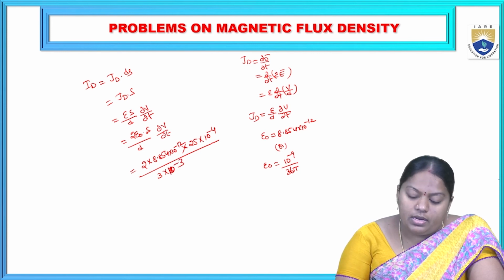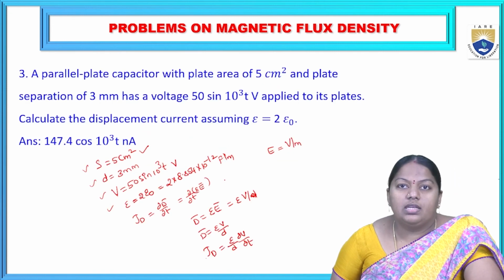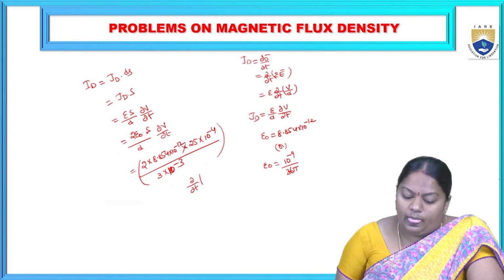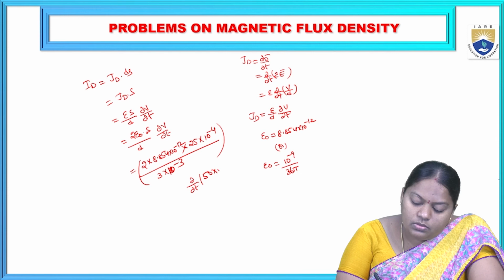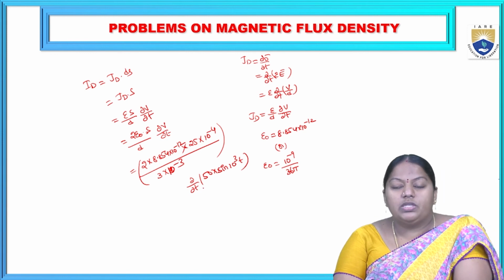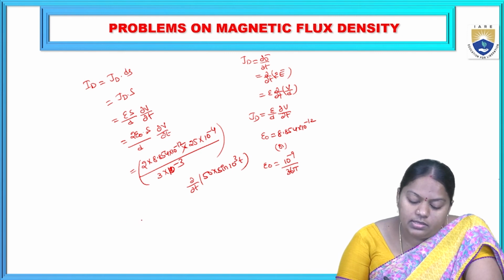And ∂/∂t of V, which is given as 50 sine 10 cube t. We are differentiating this with respect to t, so this 50 is a constant, hence it is equal to 2 into 50 into 25 into